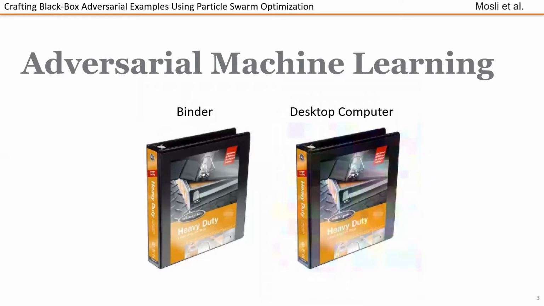Now let's get straight to it. The idea of adversarial machine learning attacks is to generate mass misclassifications by making small changes to the input. Lately, attacks of this kind have been extensively studied in the literature, where we can find attacks that target image classification models, like the attack we're presenting today, and also attacks in areas like malware classification, voice recognition, and even in the medical field. This is an adversarial example generated using our attack, where small changes were made to the original image, which was classified as a binder, to fool the model into classifying the image as a desktop computer.